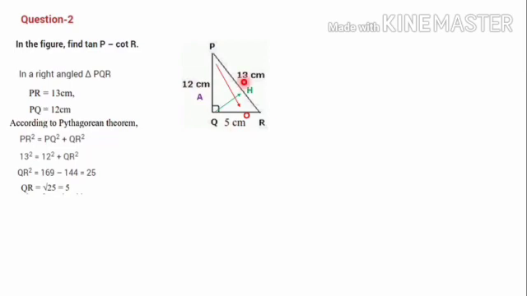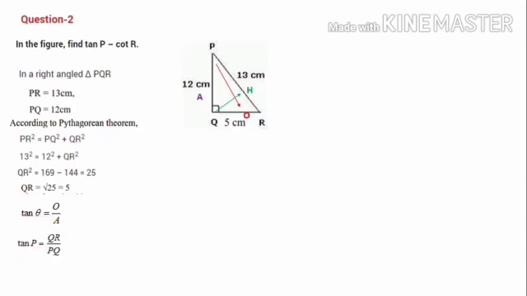Now all three sides measurements are there. We can write any trigonometric ratio. First of all, we have to go for tan P. So let's recall the formula for tan, that is tan theta is equal to O divided by A. Then here theta is P, angle is P, tan P is equal to, based on P we have labeled the opposite side here. So QR divided by adjacent is PQ. So QR divided by PQ, tan theta is equal to O by A.